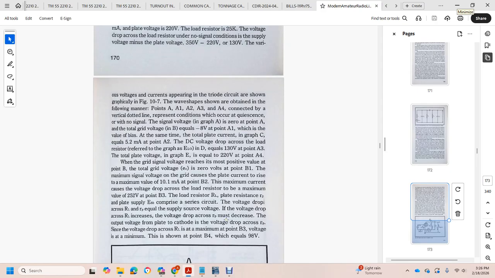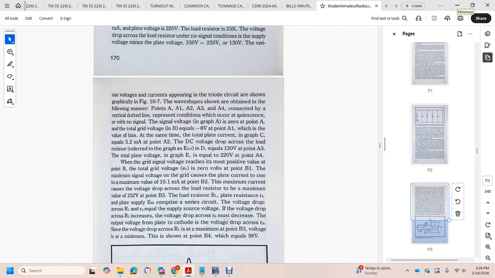The various output voltages and currents appearing in a triode circuit are shown graphically in the figure. The points A1, A2, A3, A4 are connected with a vertical dotted line representing the no signal condition, with the signal voltage in graph A, and the total grid voltage in graph B equal to negative 8 volts at point A1, and the total plate current in graph C